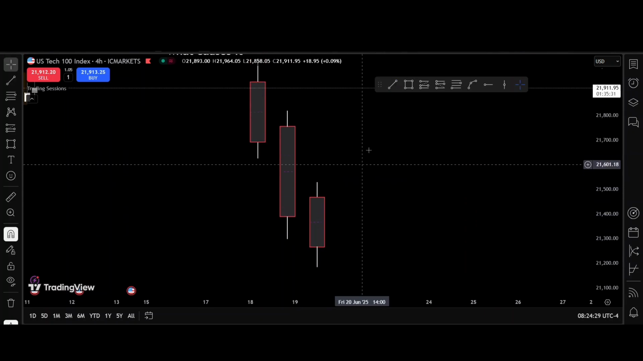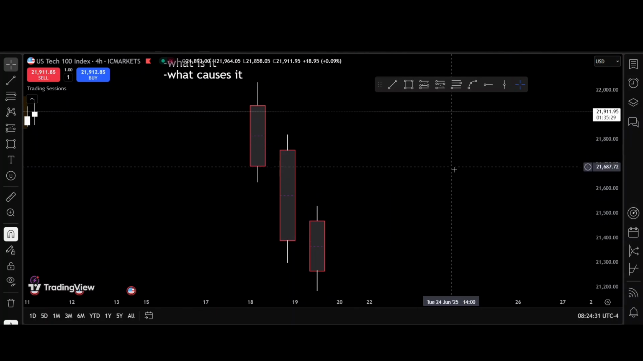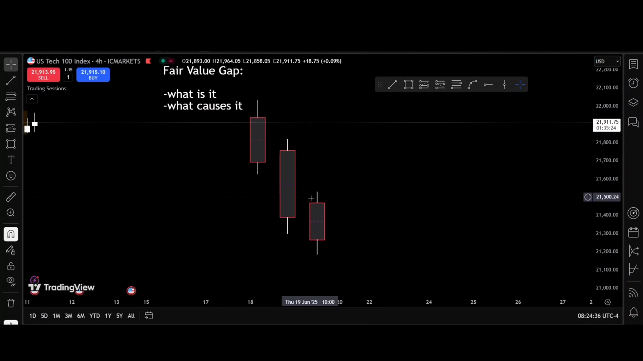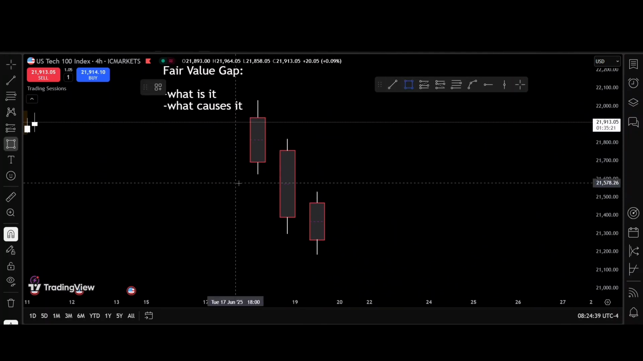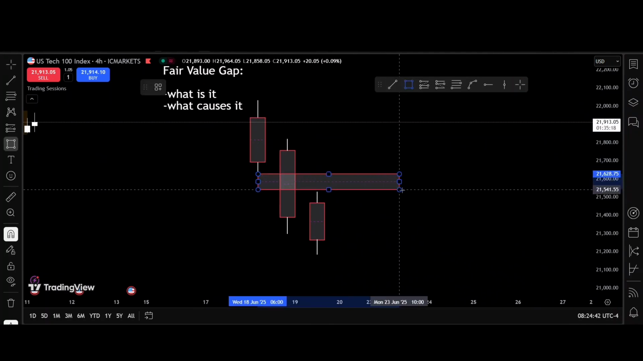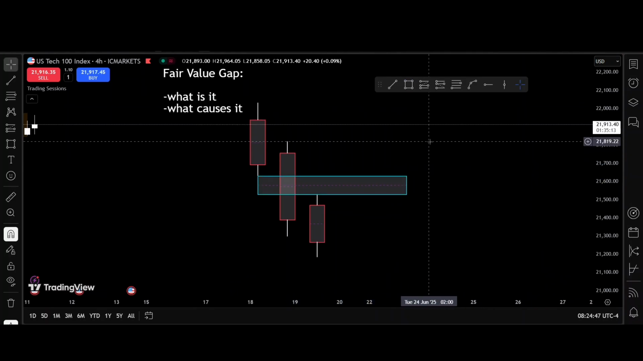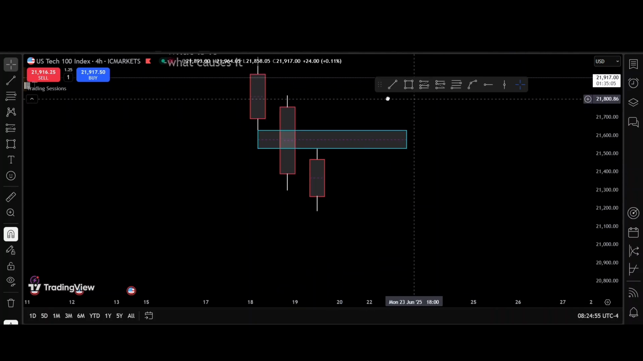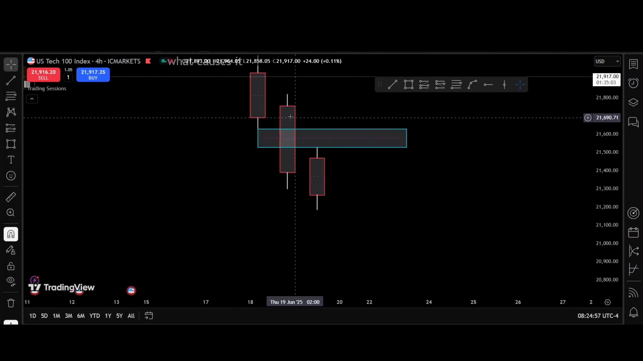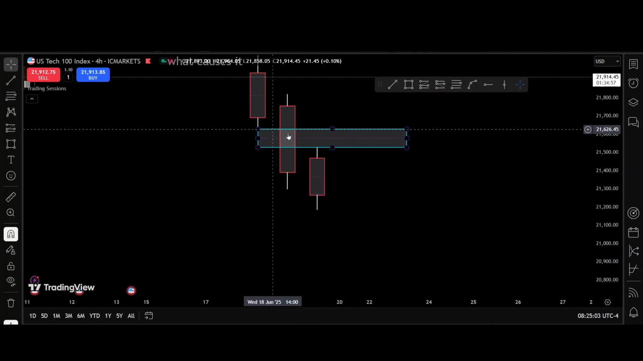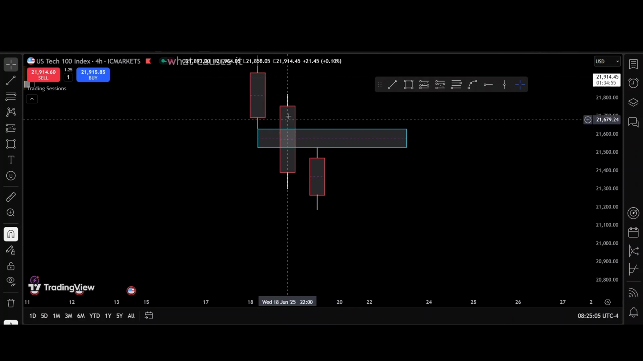Anyways, a fair value gap is a 3-candlestick pattern, and when we have 3 candlesticks with a gap in the middle, so it has to be right here. I'll be using this as a fair value gap. This is a gap. Why? You can tell it's a gap. So the wicks from the first candle to the wicks of the second candle, if there's a gap in between the body of the second candle,